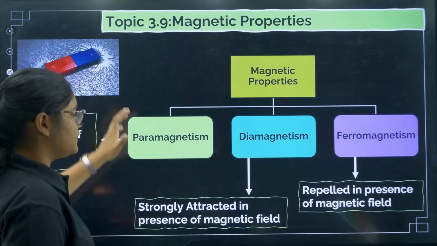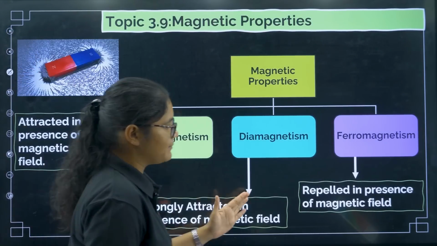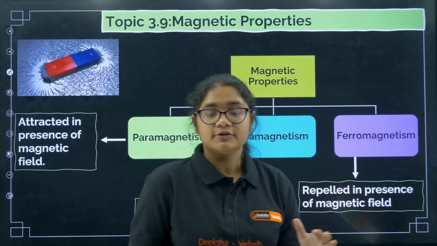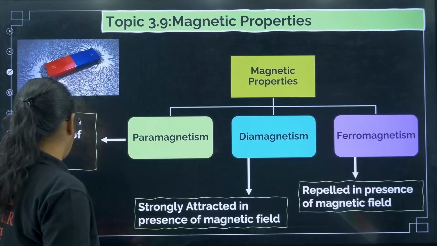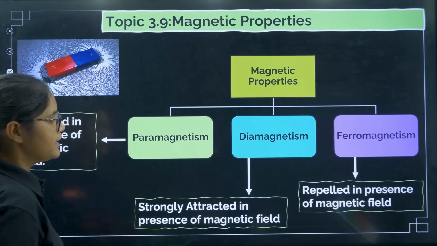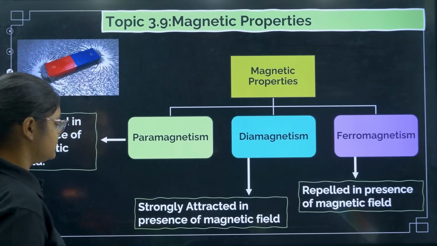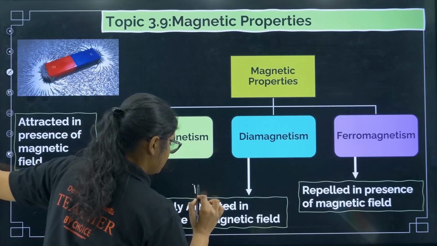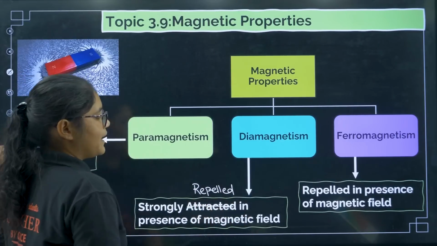Next we have magnetic properties. Magnetic properties should be of three types: paramagnetism, diamagnetism and ferromagnetism. So if you have any unpaired electron, what is paramagnetism? They are attracted in the presence of magnetic field. Diamagnetism, they are strongly attracted in the presence of magnetic field, strongly repelled, and ferromagnetism, they are,